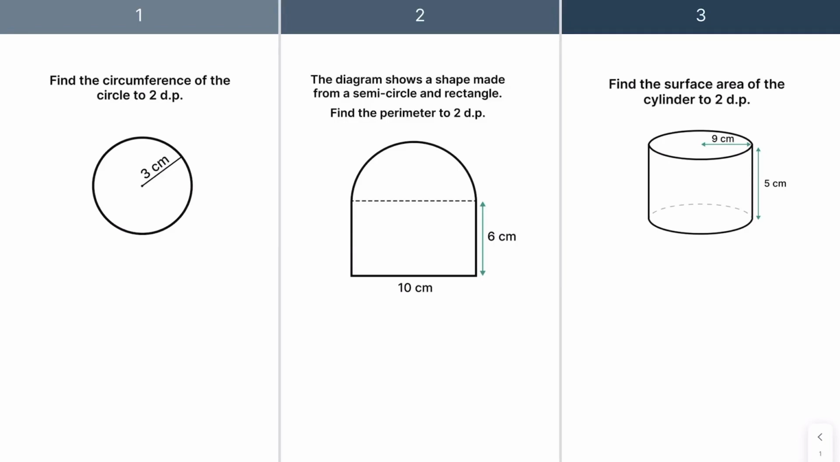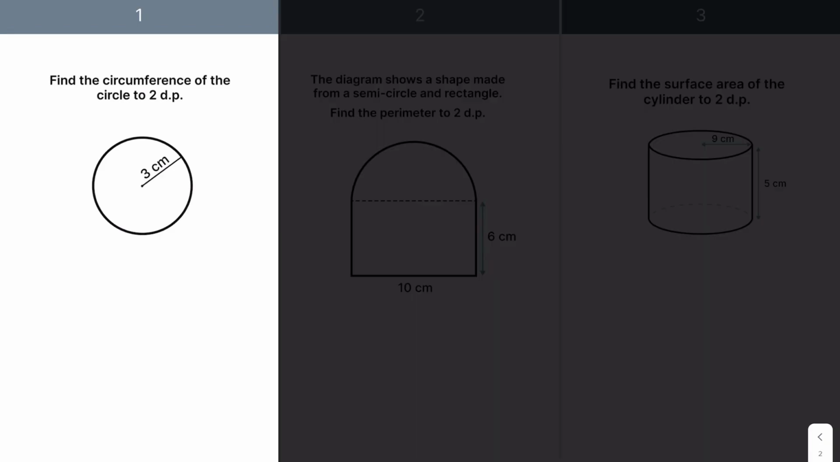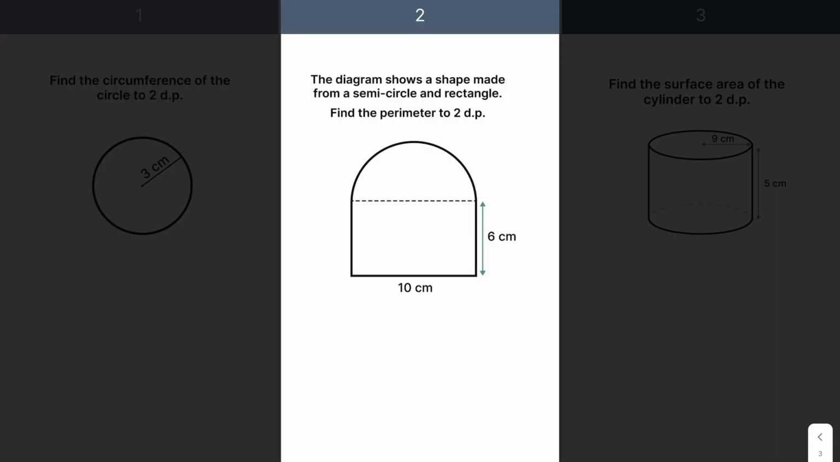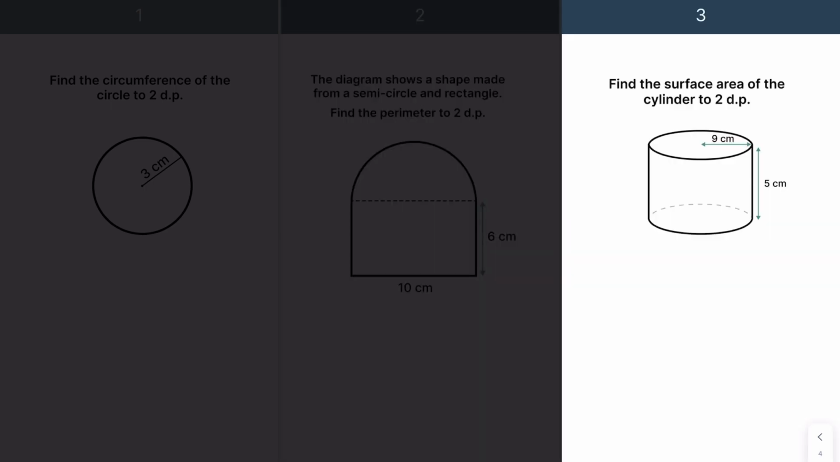Circumference of a circle is what we're looking at in this video. It's split into three parts. We're first going to look at basic questions like this. How do you find the circumference of a circle? Then we're going to move on to questions like this, where we need to use the circumference to help us solve a question with perimeter. And then finally, using the circumference to help us solve a question where we've been asked to find the surface